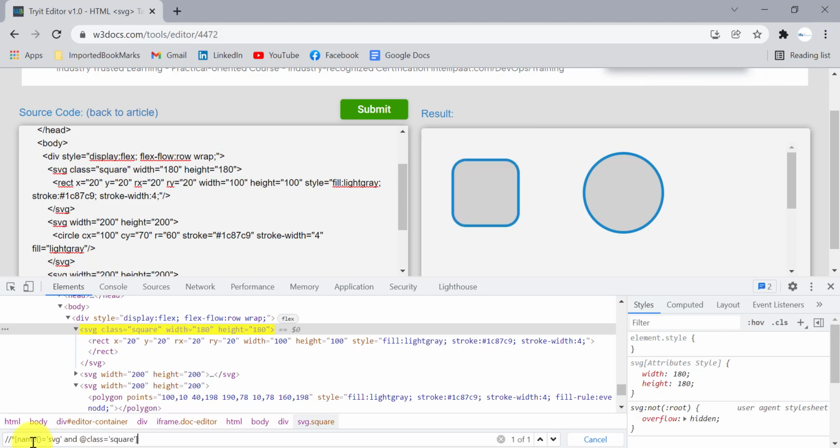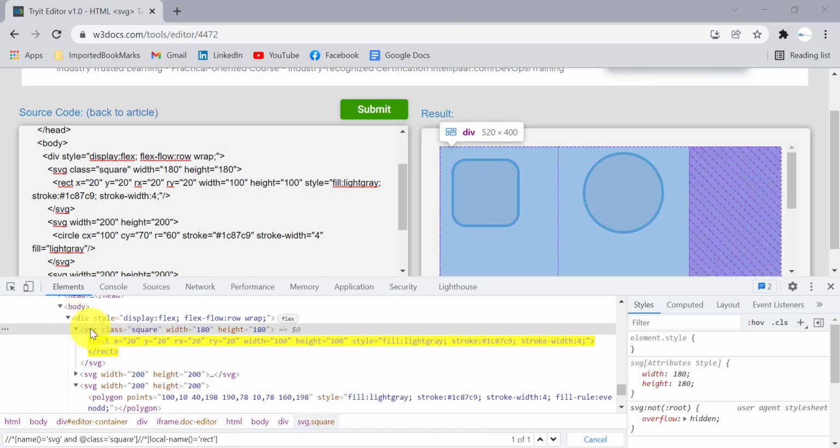And along with this name, you can use the local name function as well. Slash bracket, you can use this local-name equal to rectangle. So this also you can use to identify or locate any element present inside this SVG tag. It will be local to that particular SVG tag. So by using some property, some attribute, you can uniquely identify those elements available in this SVG tag.